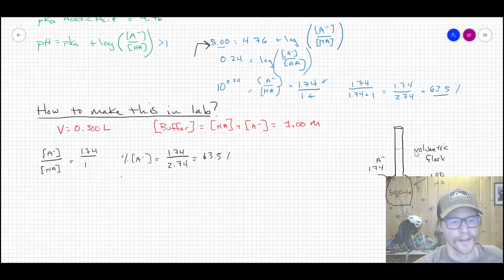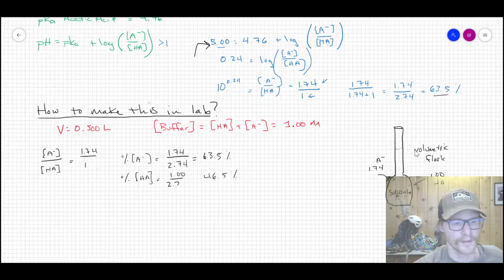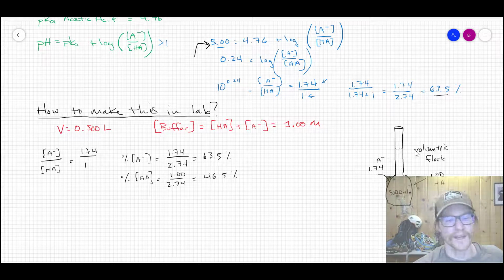Then taking 100 minus 63.5 gives us the percentage of HA, which would be 36.5%. We could have also just solved it by taking 1 part over 2.74 parts times 100. Either way would have given us that answer. So what utility does that have? Well, if we know that the